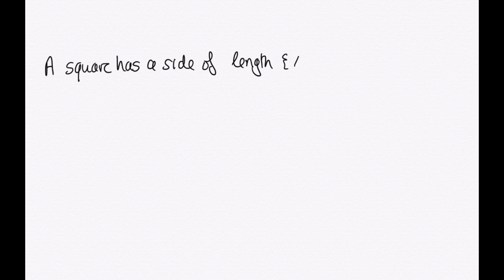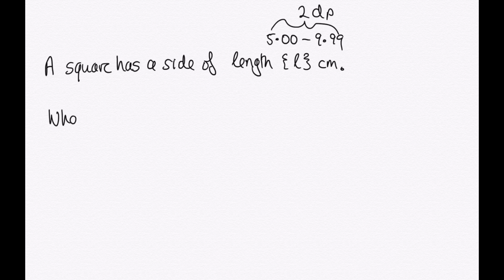Let's consider the question: a square has a side of length. Now I want a range of variables here, so let's define this as L, and we'll call that centimeters, and say I want this to be between 5 and 9.99 centimeters, and I want these displayed with 2 decimal places. And then I'll ask 2 questions about this. In the first part, I'll ask what is the area of the square,